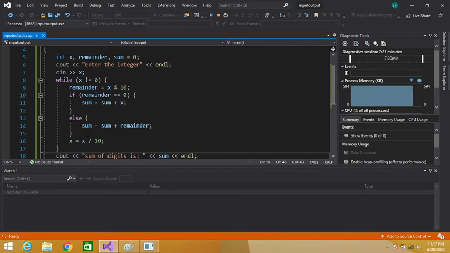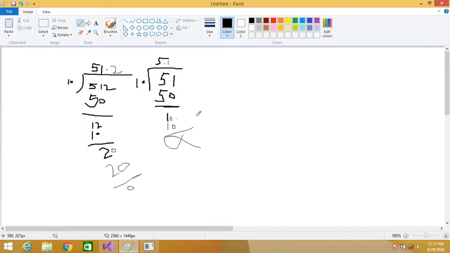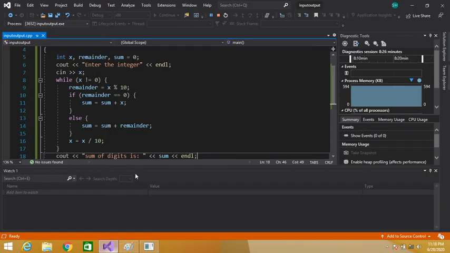Now sum contains 8, and next x contains 5. 5 divided by 10 is equal to, see, if we divide 5 by 10, as we can see 5 is smaller, so we have to put a point here and write 0 here. 10 5s are 50, so the result is 0.5.